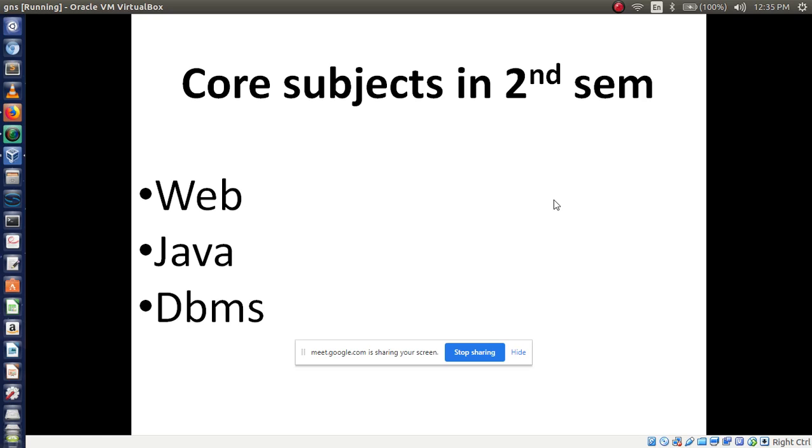Kiran, what I told you, you have to use core subjects in second sem. You have to use the H1 tag, but you are using the P tag. P tag means normal display. It will display normally, but I have displayed it in bold, right? Bold, then big size. A heading should be big and bold. So for that you have to use the H1 tag.